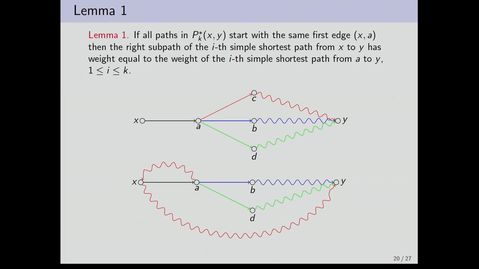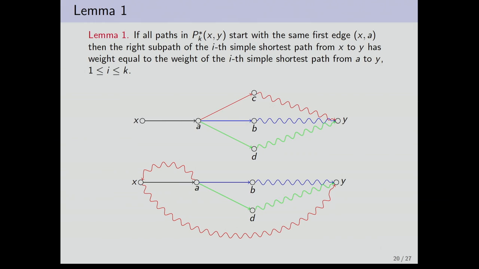Then it's no longer the case that this lemma holds. So in general, this could happen, and this is really what complicates the algorithms for simple shortest paths as opposed to just the version where cycles are allowed. But of course, we can see that in the case of this lemma, the premise of this lemma, this cannot